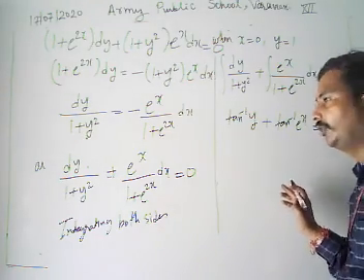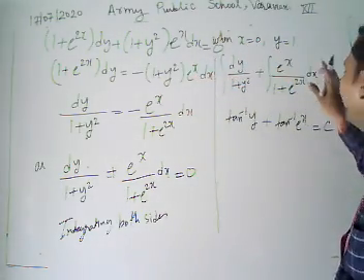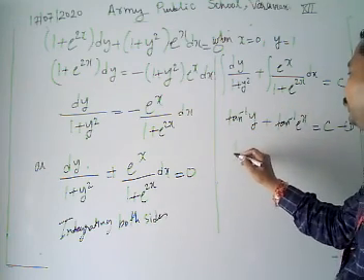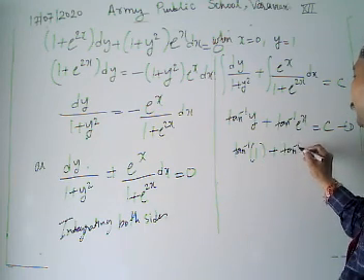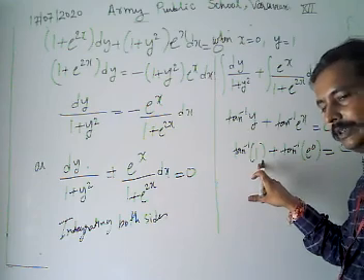Now look what we do. We have to get the particular solution, where x equals 0 and y equals 1. This is our equation 1. We put y equal to 1. Then tan inverse 1 plus tan inverse e to power 0 is equal to c. It's 1. Then this is what we have.